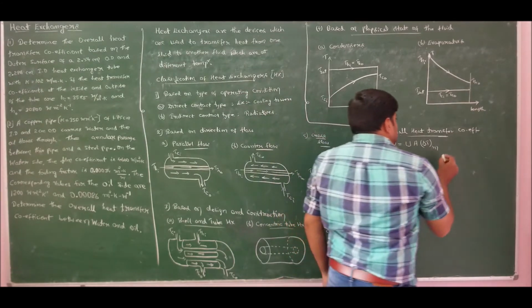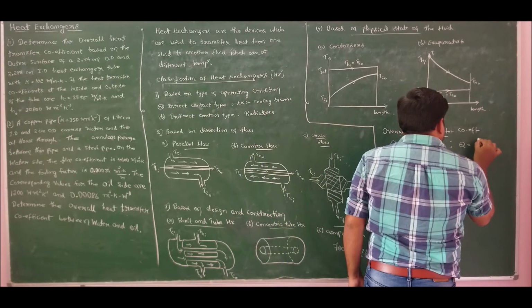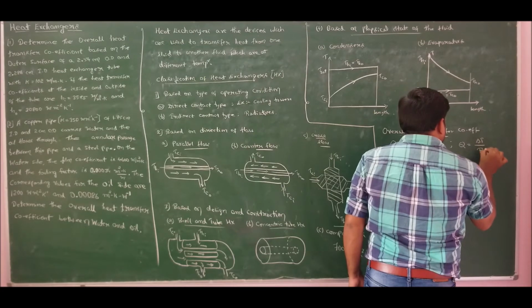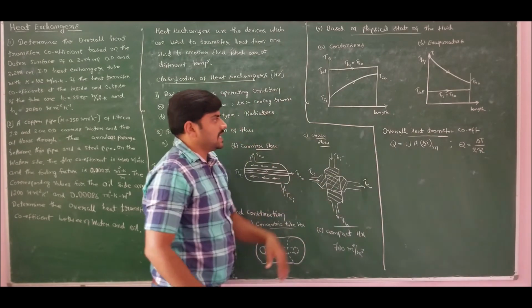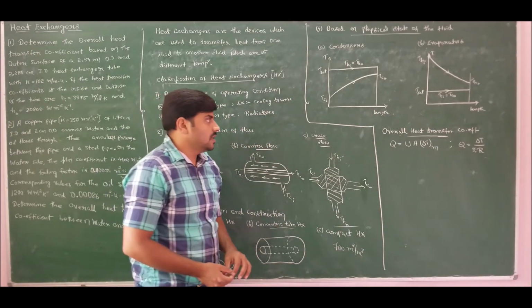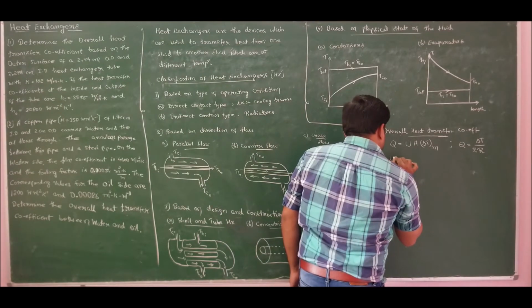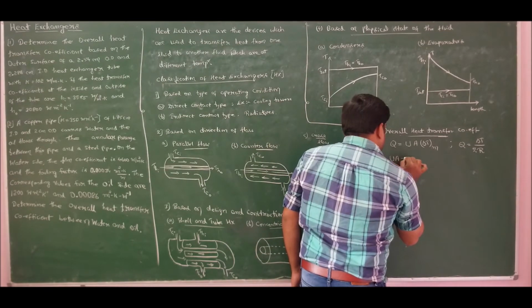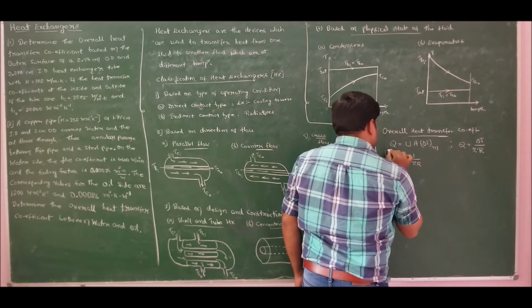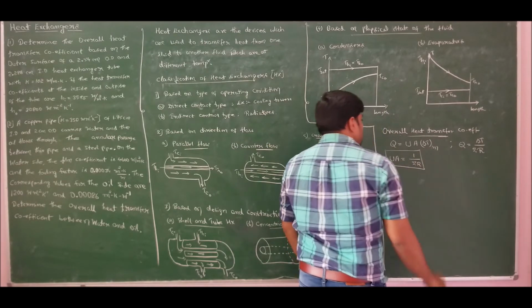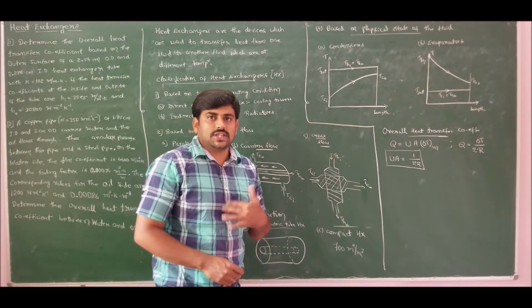The general expression for heat transfer is also known to us, which is nothing but temperature difference by resistance, that is, sum of resistance, which I clearly explained in our module 1 itself. Comparing these two, we already know that overall heat transfer coefficient times the area is equal to 1 by sum of resistance, where the resistance due to convection is already known to us. It is 1 by hA.